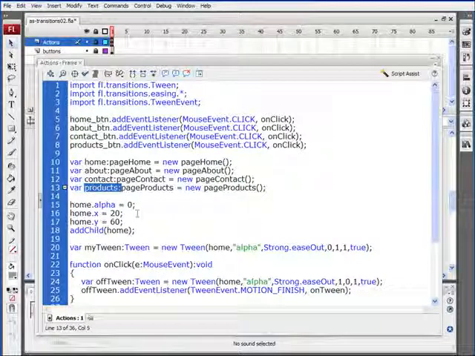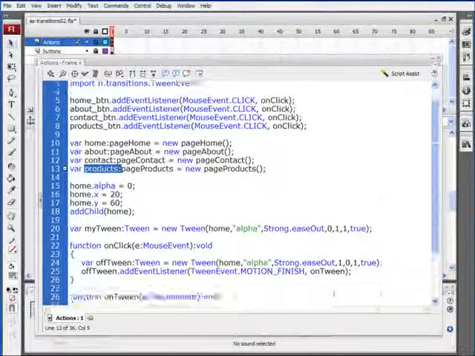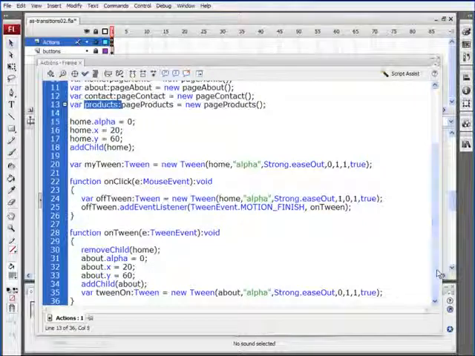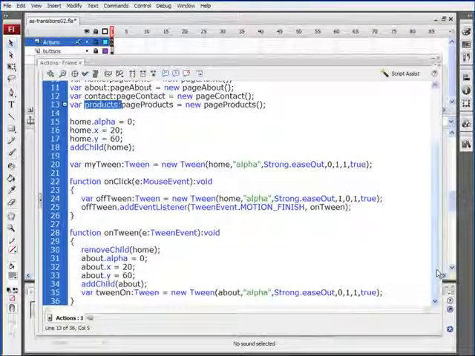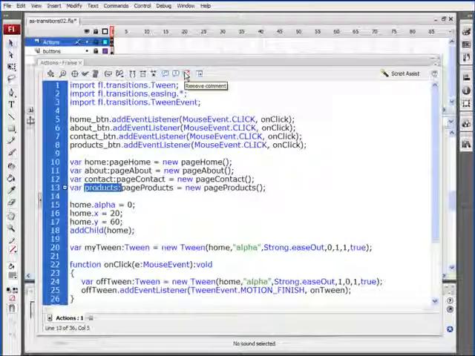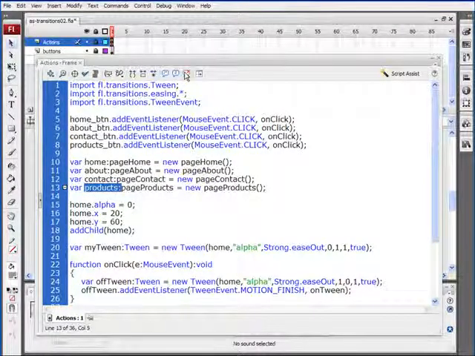Okay. Another thing we need to do is create another variable, and these variables are going to be called current page and next page. We need a current page to store whatever our current page is, because if we're on the home page, for example, and we click somewhere else, we need to animate off the home page. And in this